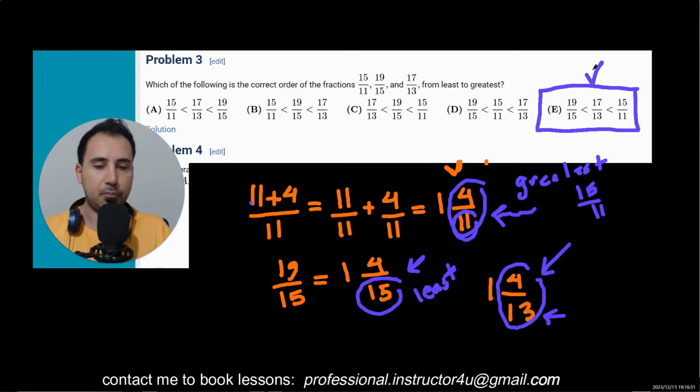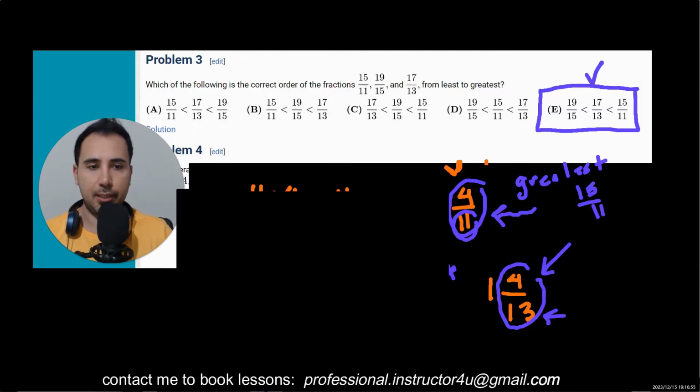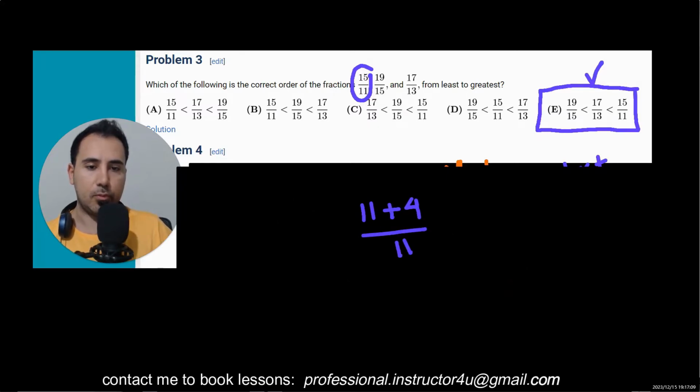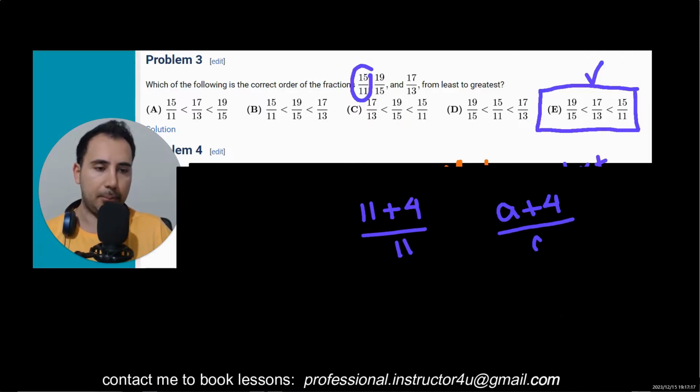Now, we could use this problem as a learning opportunity. See, each of these fractions is in these terms, right? It was like 11 plus 4 over 11. So instead of 11, we could put any number. So I'm going to write it like this. Now tell me,